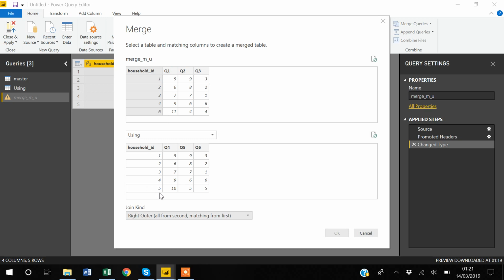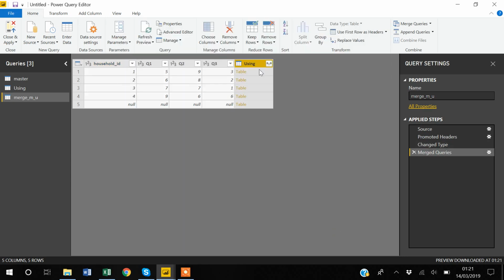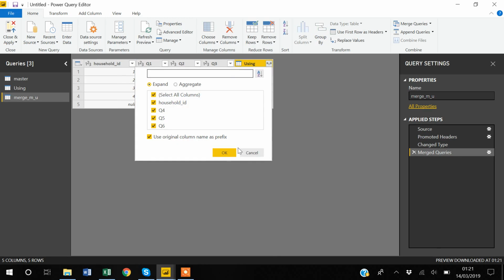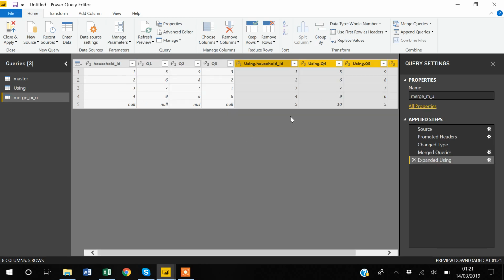Before doing that, I also have to select the variable based on which I want to merge these two datasets, and then I will say OK, and I will expand these arrows, and now you can see that everything is coming for my household ID 1, 2, 3, 4, 5,